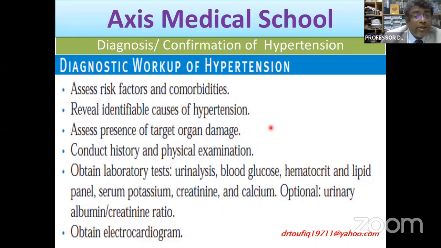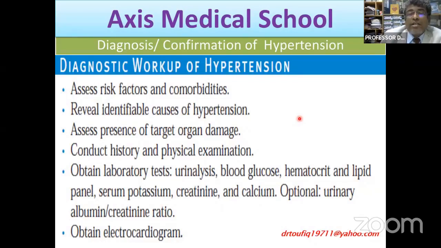We also have to do the ECG, and even echocardiography may be needed to see target organ damage. That is, usually we see left ventricular hypertrophy may be found in the case of long-standing uncontrolled hypertension. ECG is also important to see if the patient is suffering from any ischemic heart disease or not, or has any myocardial infarction or not. These are also to see if the patient has any target organ damage or not. Fundoscopy examination is very much needed to see any hypertensive retinopathy or not,